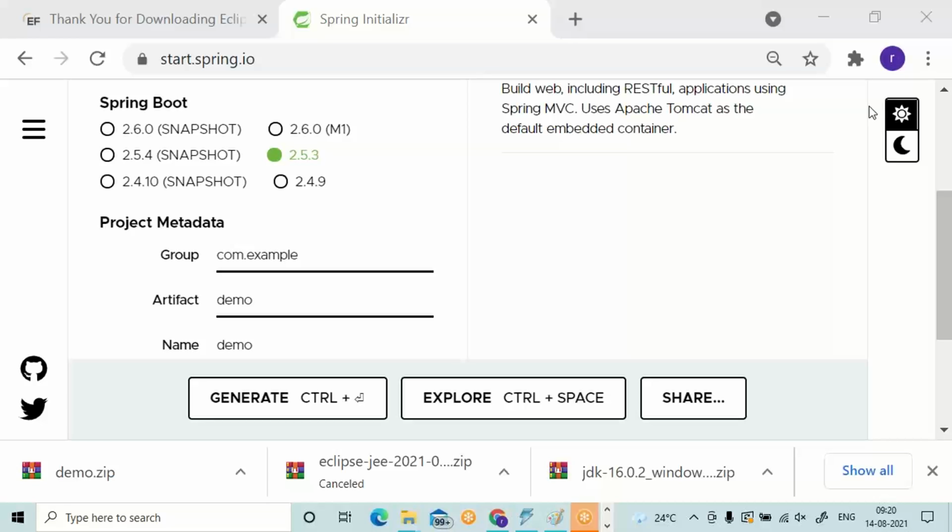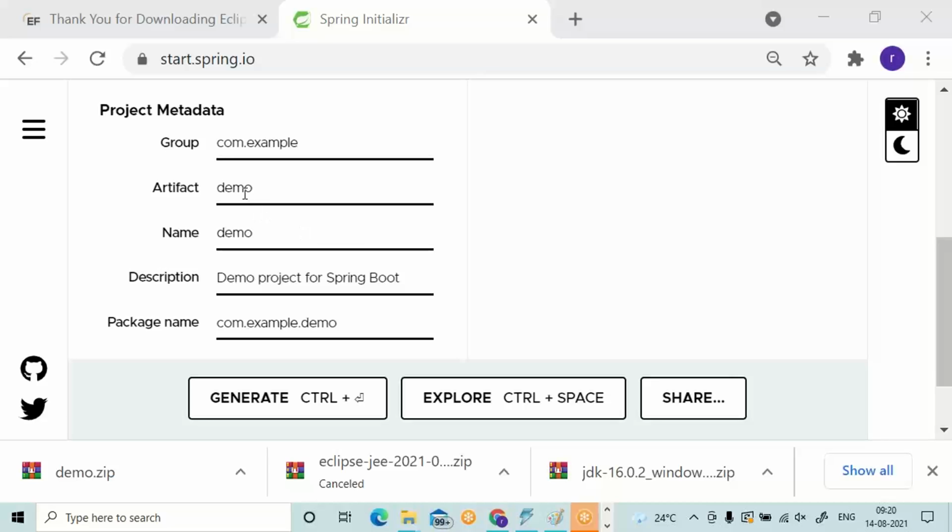Second one, you should not change the file name. Whatever file name is downloaded, keep the same file name, don't make changes. The file name is the project name. You can see the artifact. This is the project name. You should not make changes.